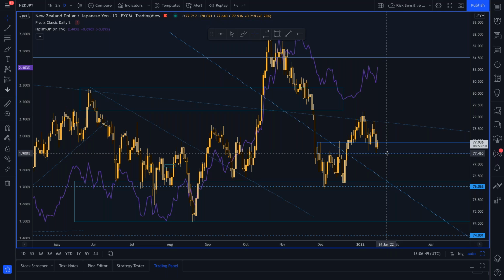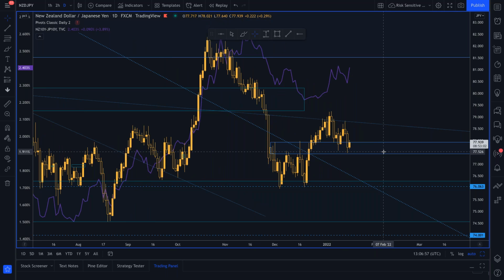Even when the nuclear bomb was dropped in Hiroshima and Nagasaki, the yen appreciated because of the way that debt is structured in Japan. The debt is seen as very, very reliable. So everyone's very happy to own Japanese yen in the event of a disaster.